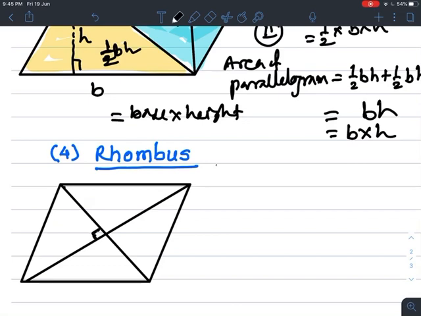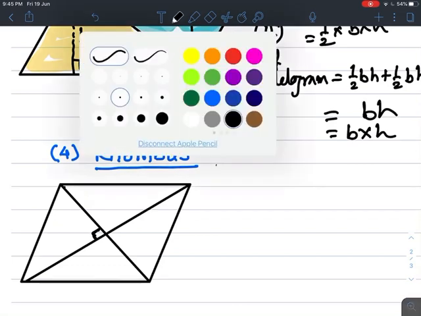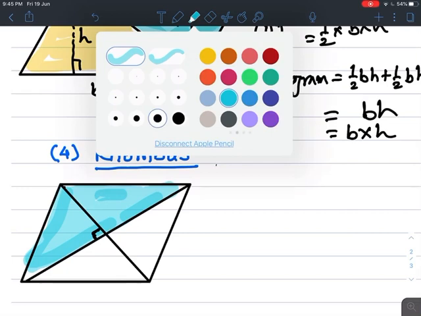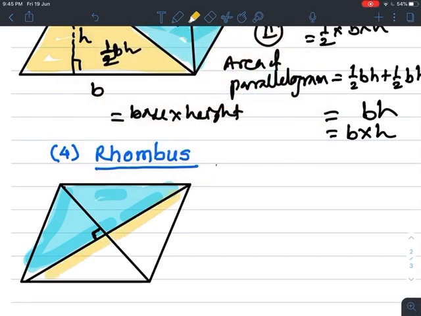So suppose here we have two triangles. Now you can see, I will draw here, this is one triangle. So we have the formula, what? Half into base into height. If we see, this is the base, this will be the height. But if we observe this, the area of this other triangle will also be the same. So here I will write.